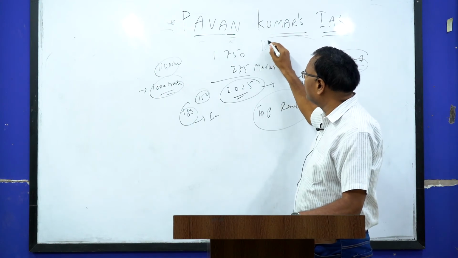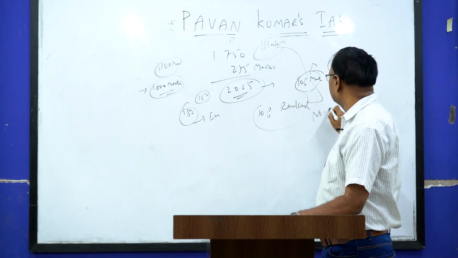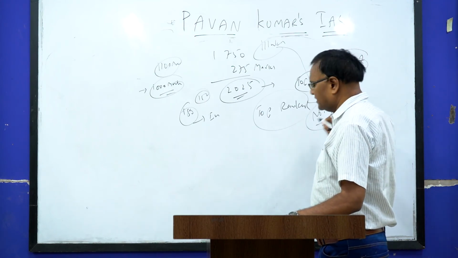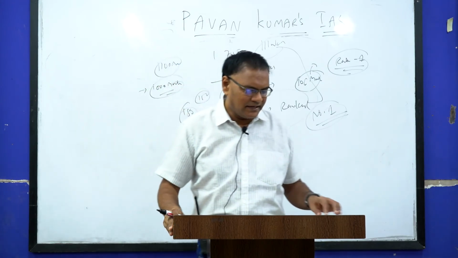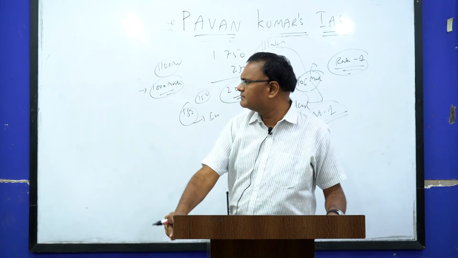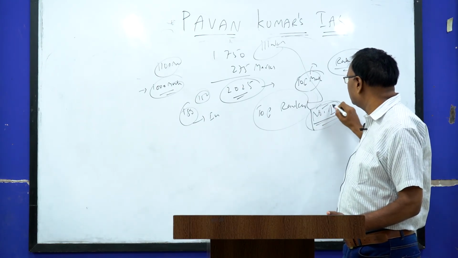So out of 11 lakh people, you will become number 1 ranker. So this is the entire journey from the time you start your preparation till you become the number 1 ranker